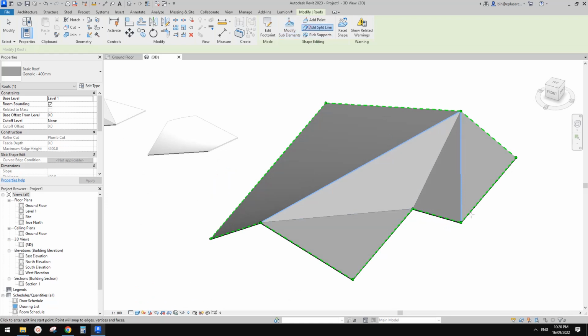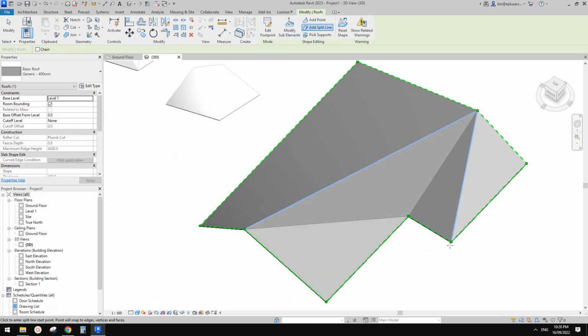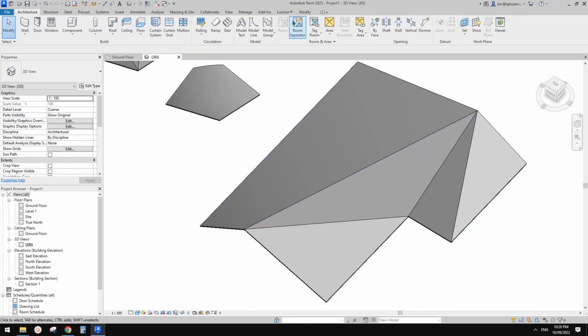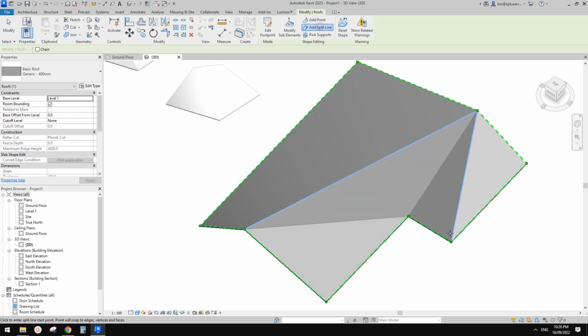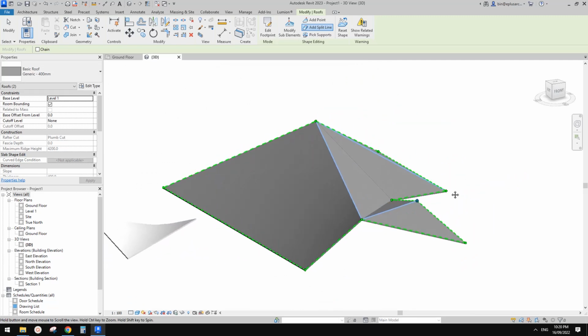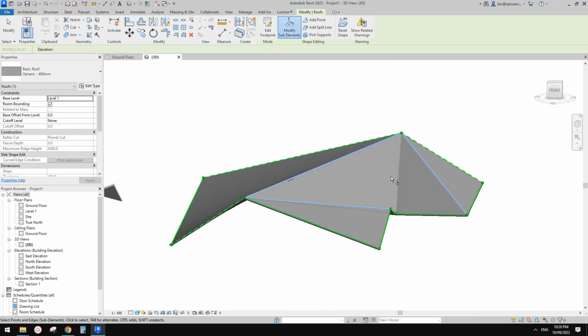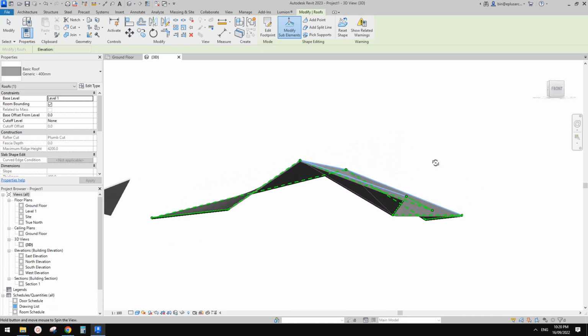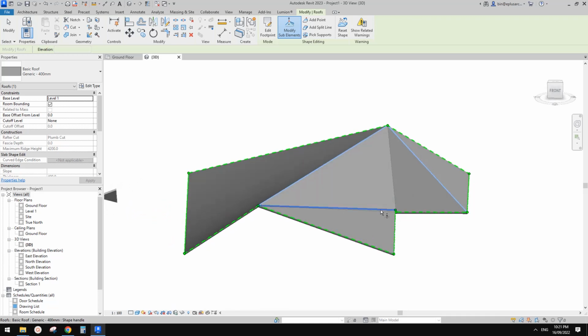I'm not sure. Let me try. So see if I can add a split line from, I don't think we can. Oh, actually we can. Oh, interesting. Great. So now you can see we actually add a split line between this point and this point, but we